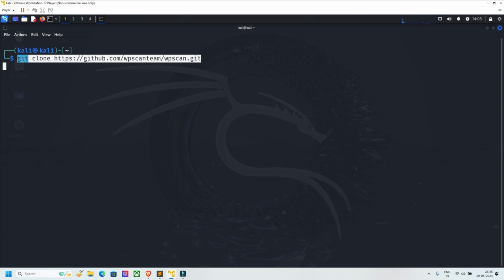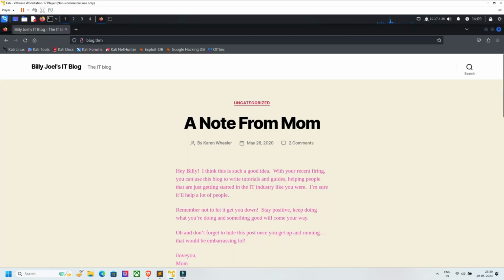Now whenever you configure it, it's very easy: just go to that folder, and with the help of the gem you can just install WPScan. But if you are using Kali Linux, then it's okay. Right now I'm using the TryHackMe box, blog.thm, which you can see on the TryHackMe